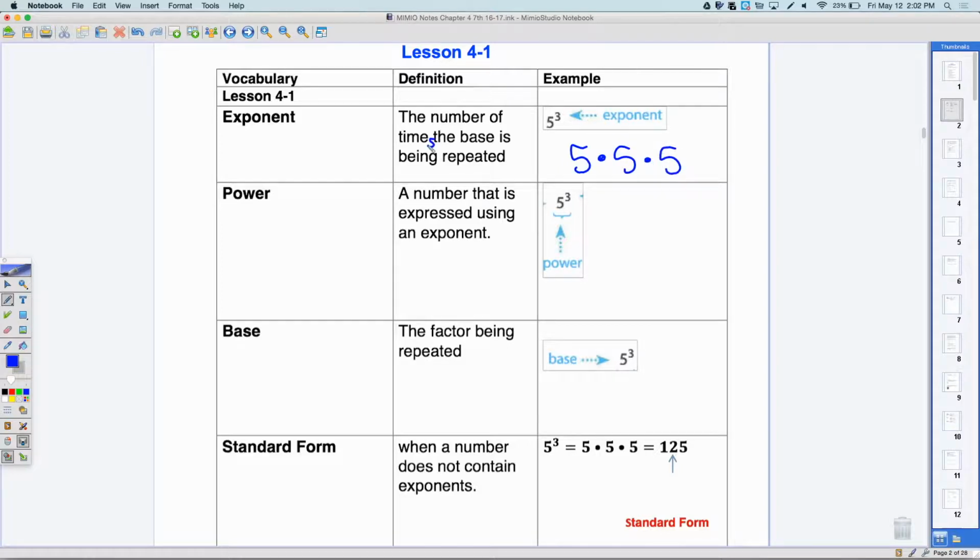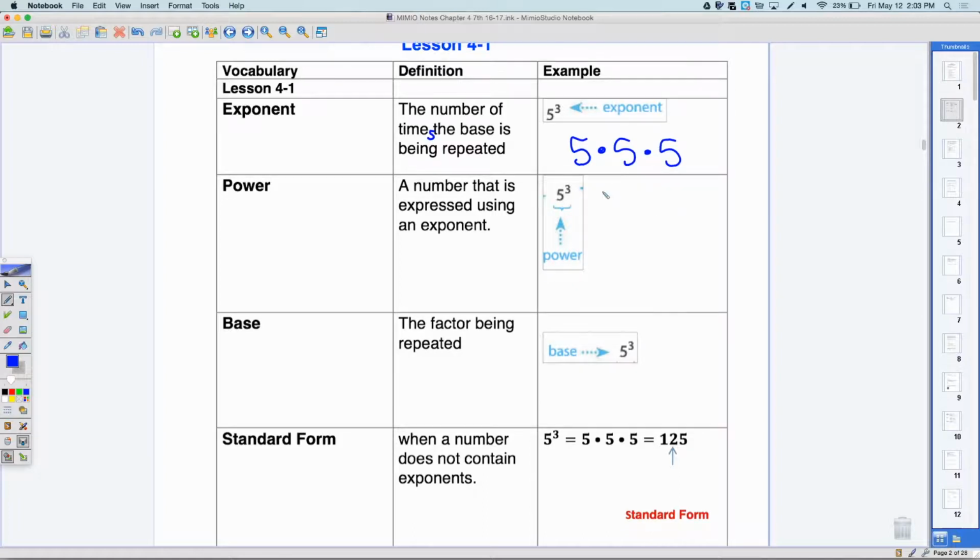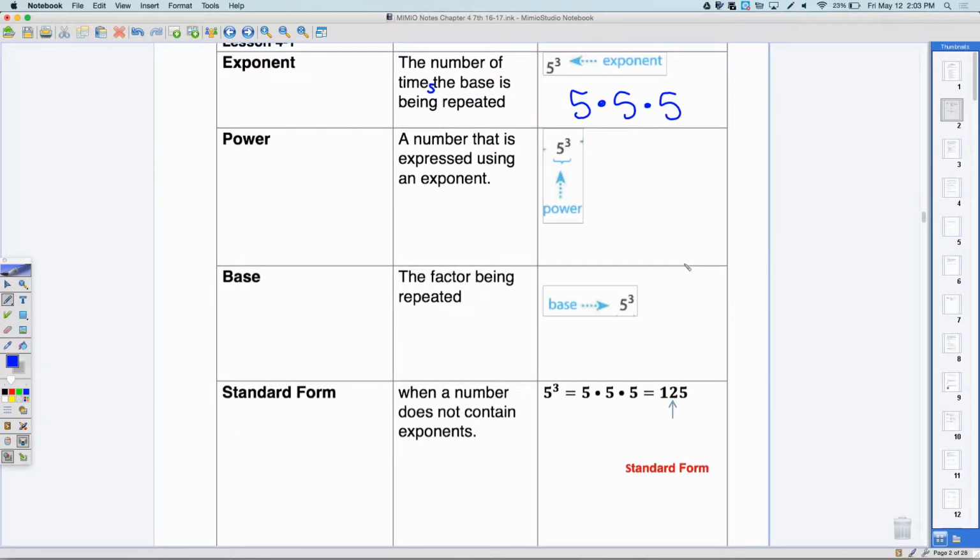The power is a number that is expressed using exponents. So 5 to the third power is your power, and this is how you would write your power. Large 5 and then a little 3 is your exponent. A base is the factor that is being repeated. So in this example here, your 5 is the base and it's being repeated 3 times, and that is your